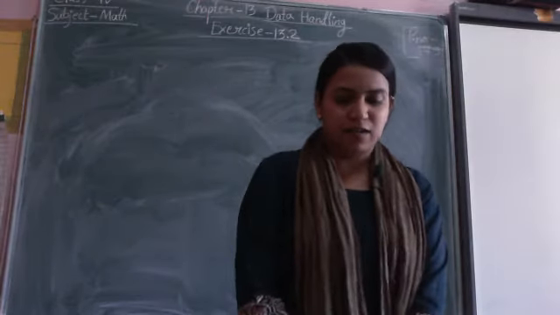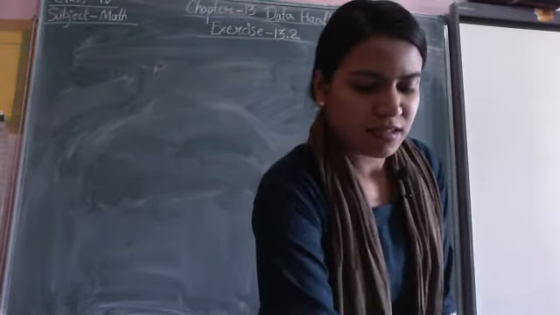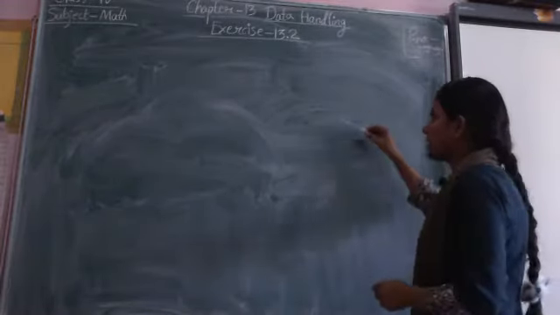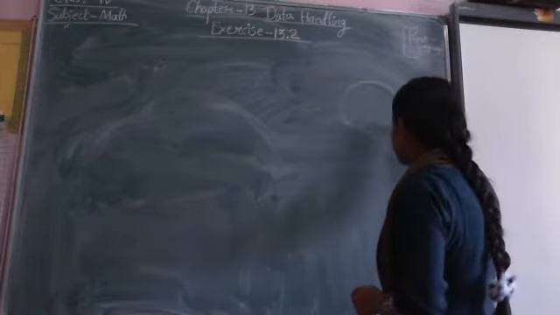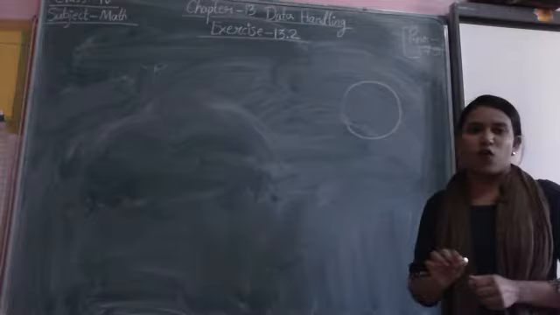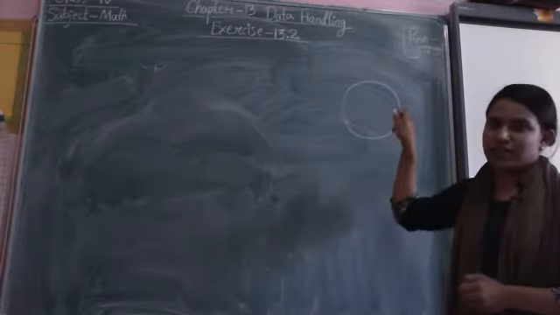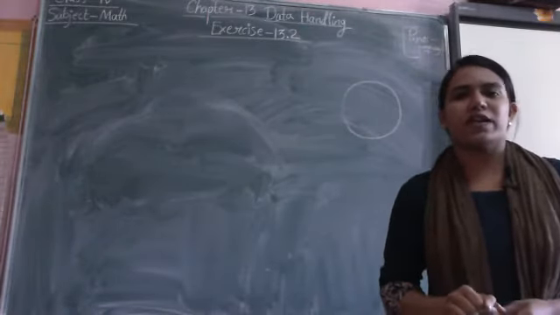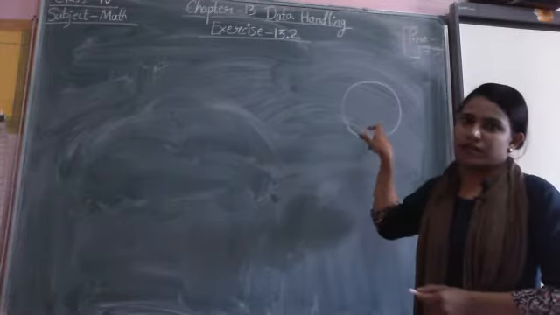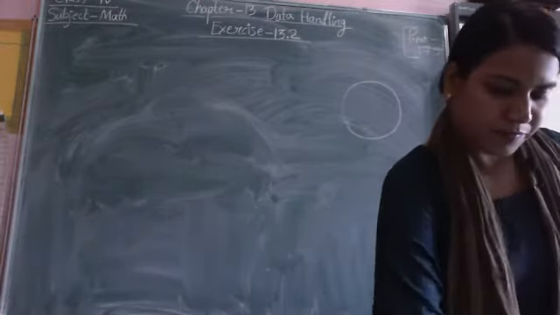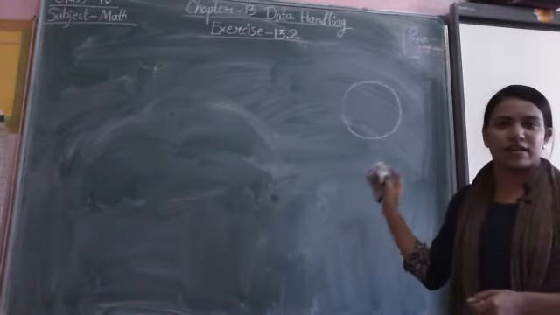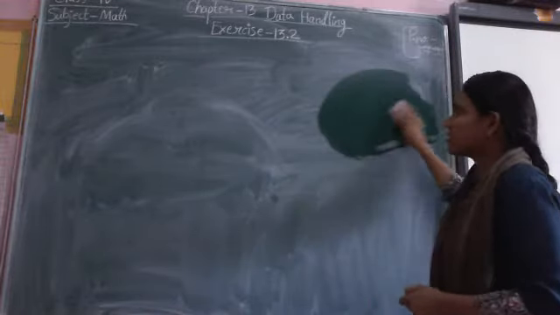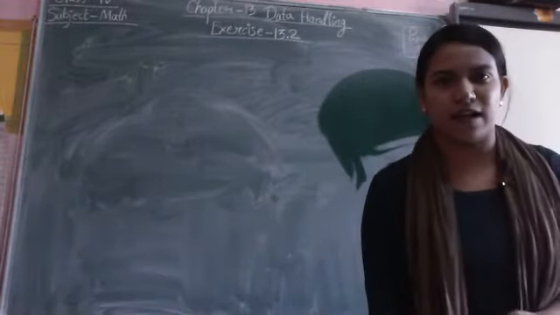So what is a pie chart? Pie charts are also known as circle charts, as the shape of a pie chart is circular. We represent all the data on the circular chart. Now we will represent data on a circle, which is known as a pie chart. To represent data on the circle, we divide it into small parts.